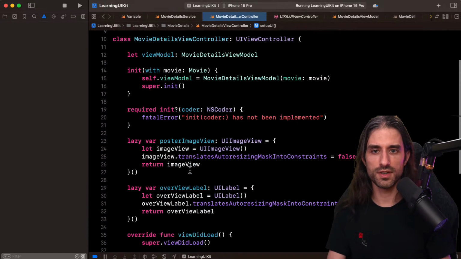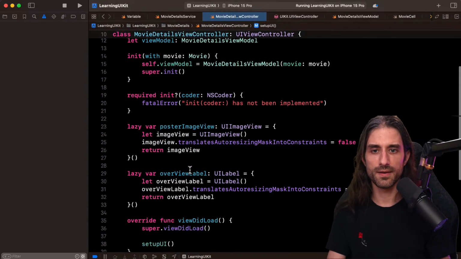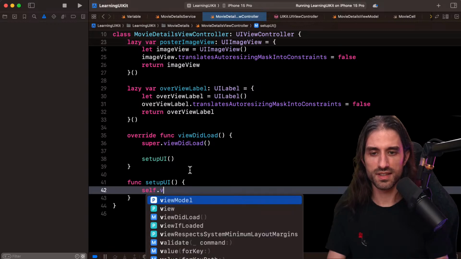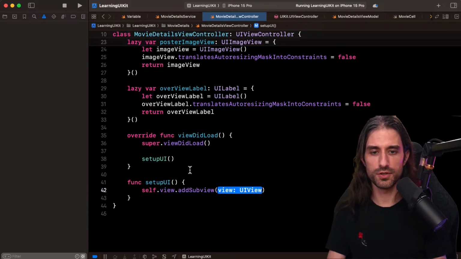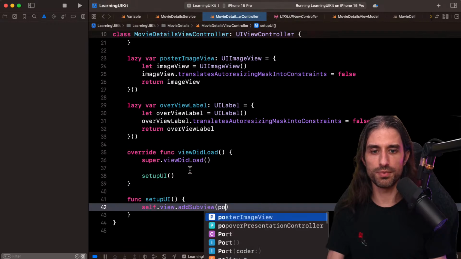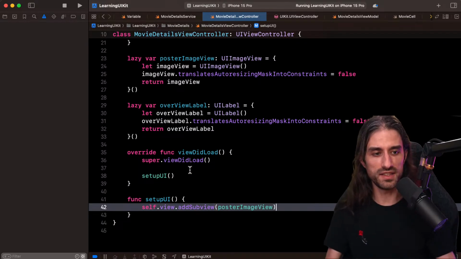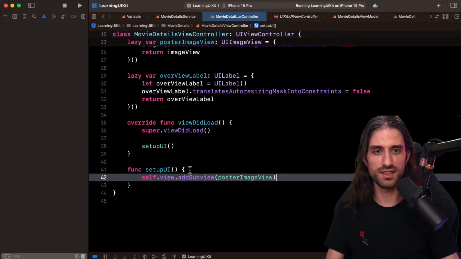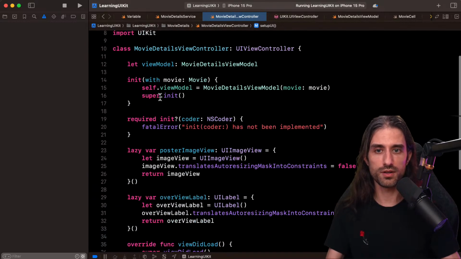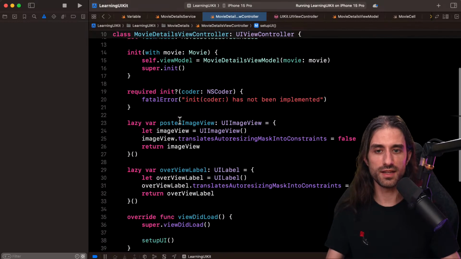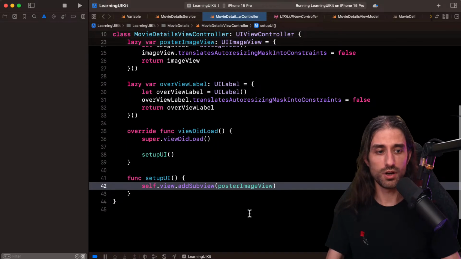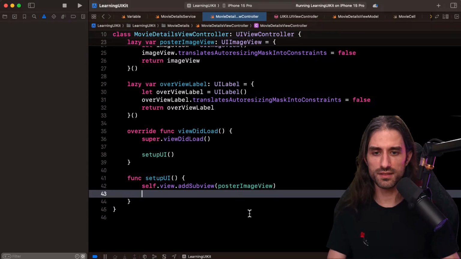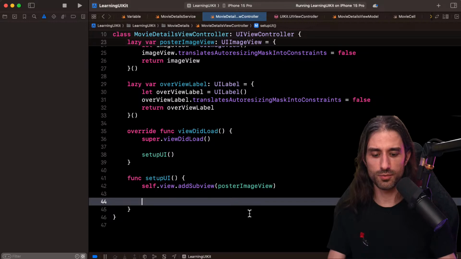So I'm going to say self.view.addSubview, and add the first subview, which is the poster image view. I need to add it as a subview because since I'm not in Interface Builder, there is nothing in my code that says that this image view is a subview of the view of my view controller. And then I need to define some constraints.